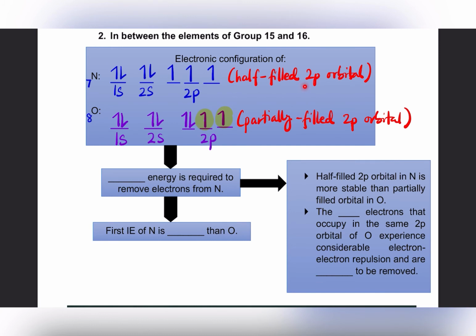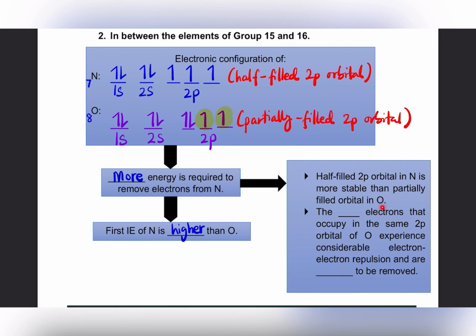So it means that more energy is required to remove the electrons from nitrogen. So this is where you put the words more energy. So which means that first ionization of nitrogen is higher than oxygen. So a big explanation: more energy is needed to remove the electrons from nitrogen. It means that half-filled 2p orbital in nitrogen is more stable than partially filled orbital in oxygen, as I explained